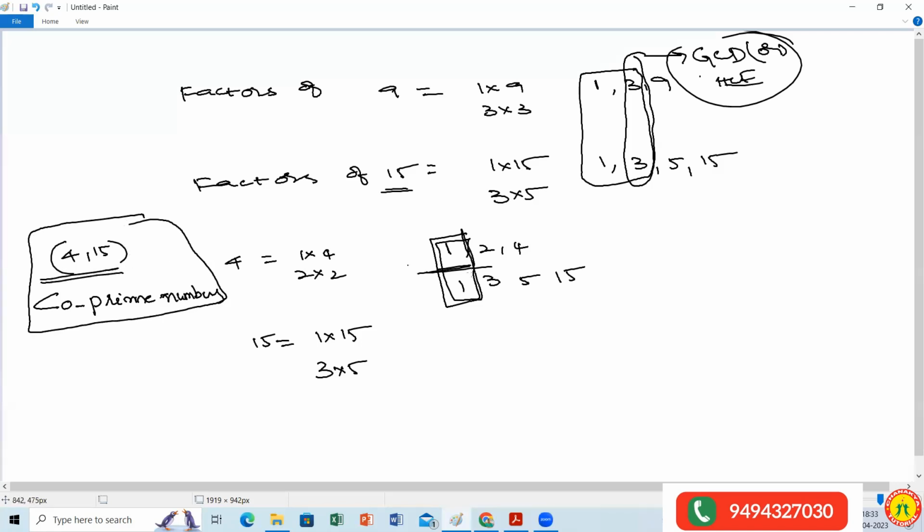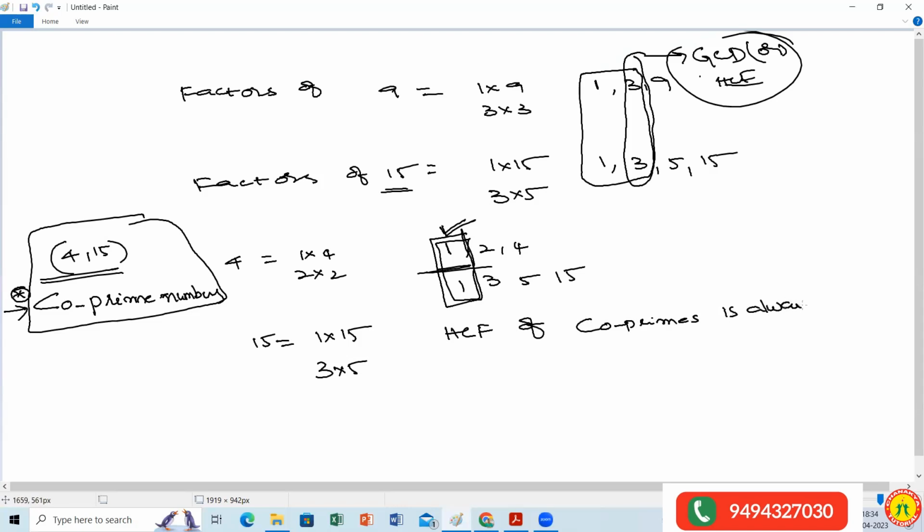Common factor, we have only one as a common factor. Such numbers we call co-prime numbers. It's more important. What is the HCF of co-primes? Highest common factor. Only one as a common factor, so in that, highest means only one. HCF of co-primes is always